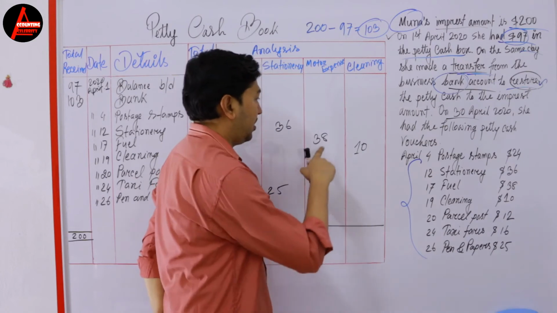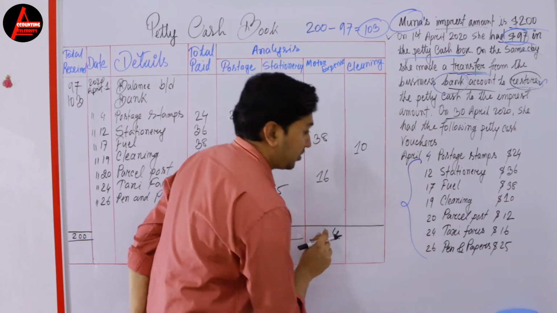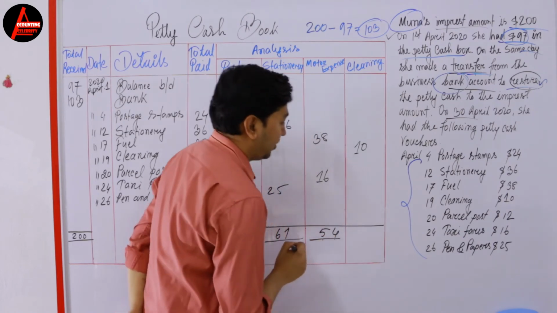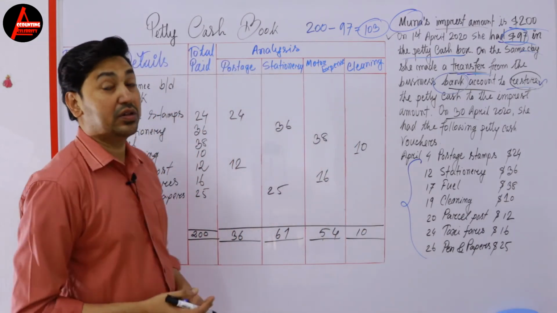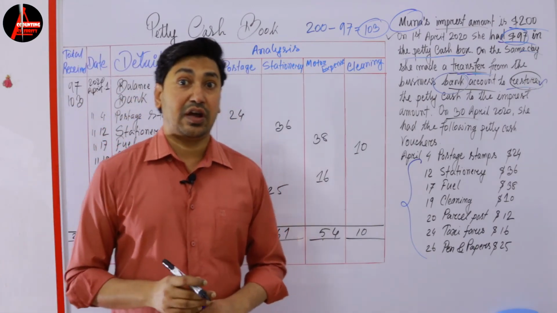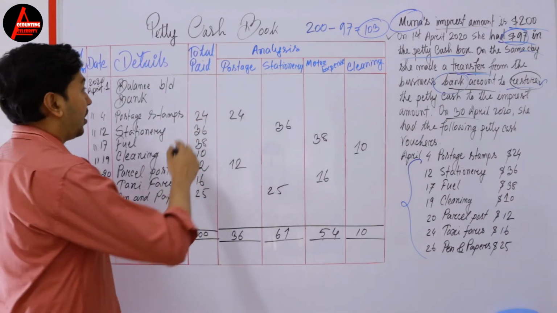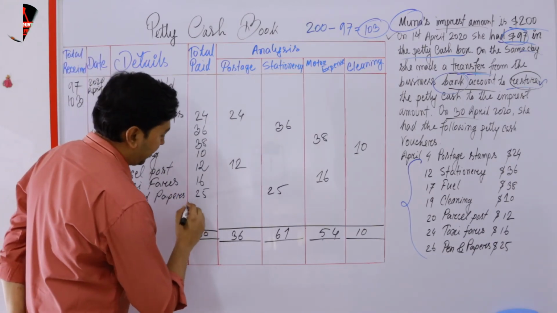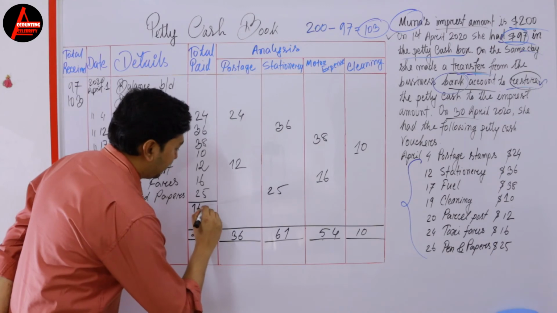What is next one here? 4 plus 4, 44. It's not 44, it's 54. Okay, $54 here. Then what is here? Only one transaction, which is $10. So this is how we need to add this analysis column, and you need to insert the total of all these analysis columns here, okay. Now check how much total in the paid column. Look at the paid column, how much you get total here? 100, 161, okay,